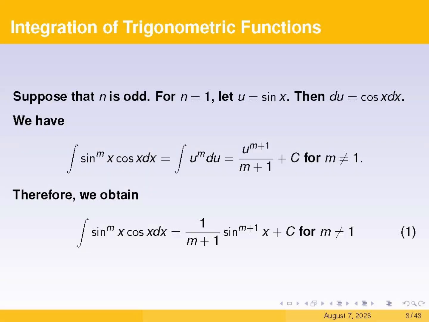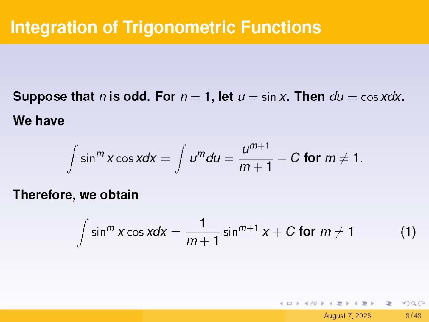First, we assume that the positive integer n is odd. When n equals 1, we evaluate the indefinite integral on line 3. Setting u equals sine x, we have du equals cosine x dx. Thus, by substitution, the indefinite integral on line 3 can be transformed into a simple form, with its result displayed